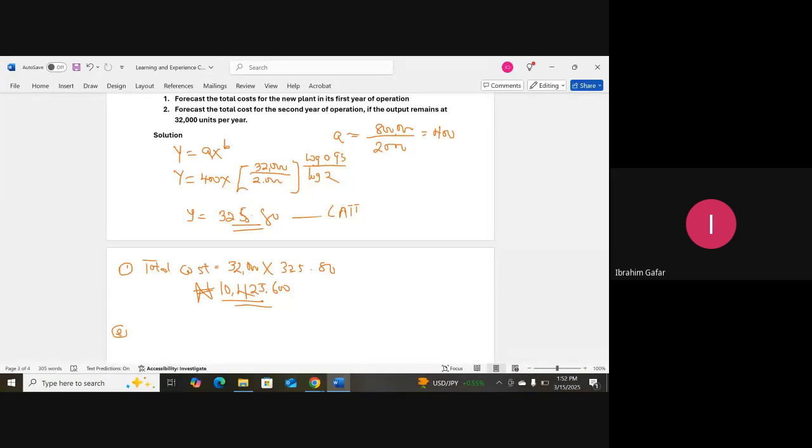So number 2. What happened in that number 2? They said forecast the total cost for the second year of operation. So if you are to forecast the total cost for the second year of operation, it means that the cumulative output to the end of year 2 will be equal to